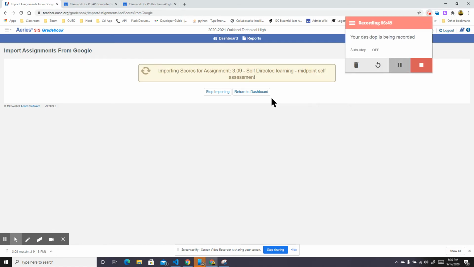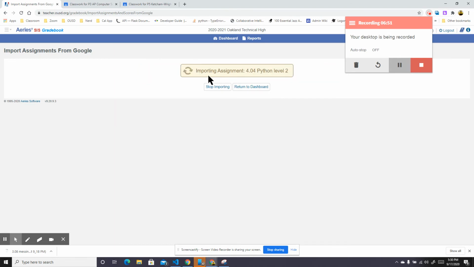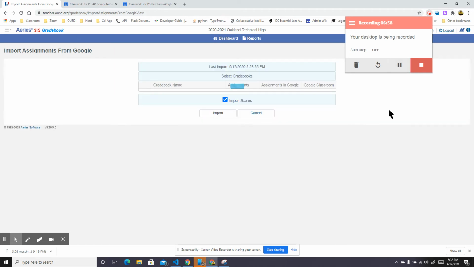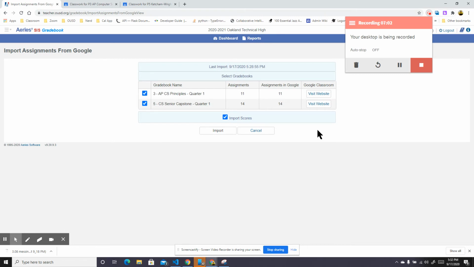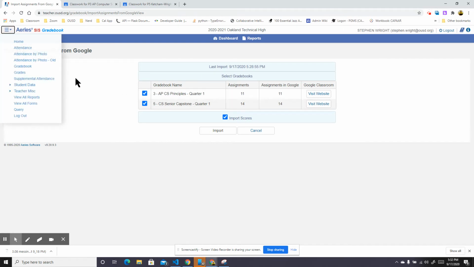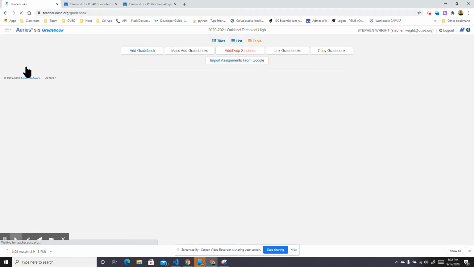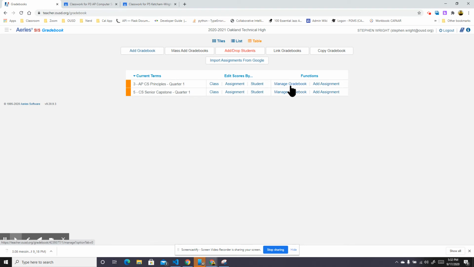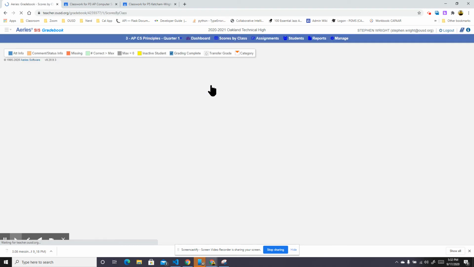Okay, it finished importing everything for the first class and it just went straight on to the second class. So that's good news. Okay, it finished. And now it's refreshing this. Perfect. So 11 assignments in Google, 11 assignments in Aeries. Let's take a look at these grade books and see what happened. In particular, I'm interested in my categories. So if I go by class,